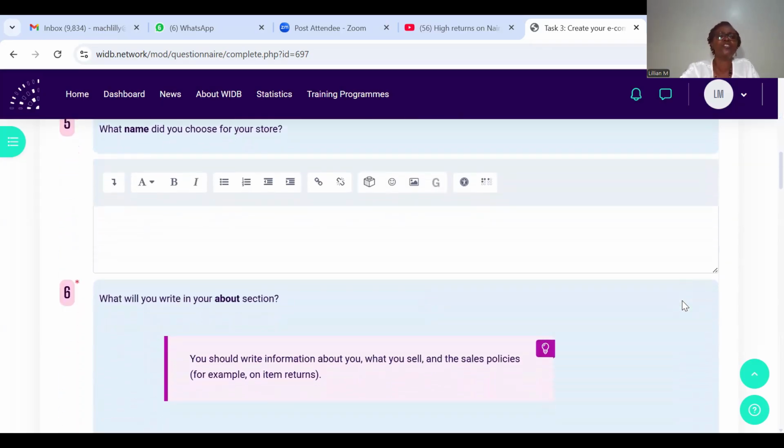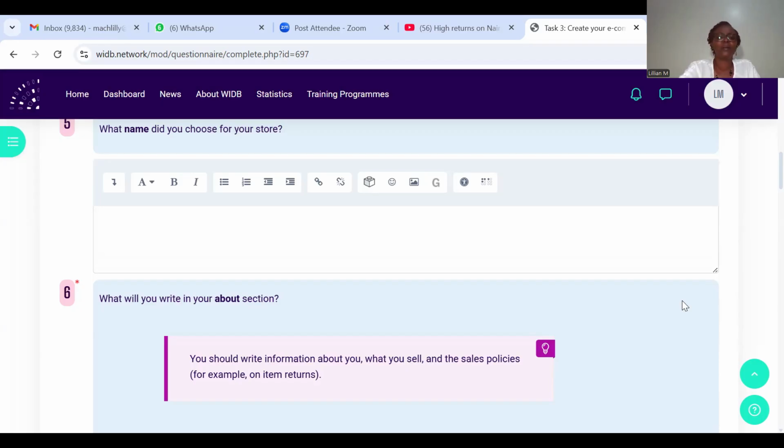What did you choose? And then do you have a name for your store? Or are you called Sweet Cakes? Sweet Cakes is a good name. It sounds nice, but the chances that a million other people thought the same way as you and called their business Sweet Cakes are very high. Give your online store or your online business a name that is unique. You can add another word to Sweet Cakes, so that when people are shopping online, they don't just see Sweet Cakes and then get 7 or 10 different service providers with the same name.